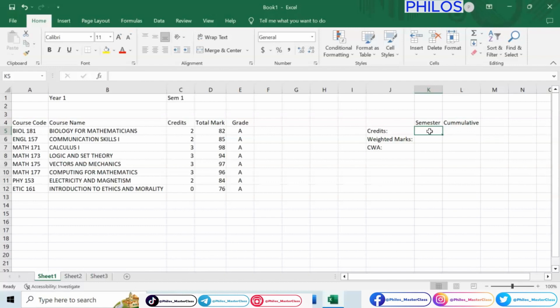Now, we call something a cell reference, okay? The name of this cell is cell K5. Okay, that's the name of this cell, cell K5. To check it, look at the top left corner here, beside the formula bar. At the top here, you see they've written K5 there. So this place is cell K5, this is L5, this is K6, and this is L6, this is K7, and